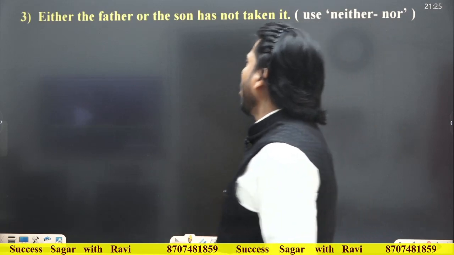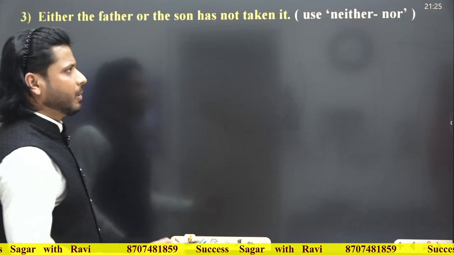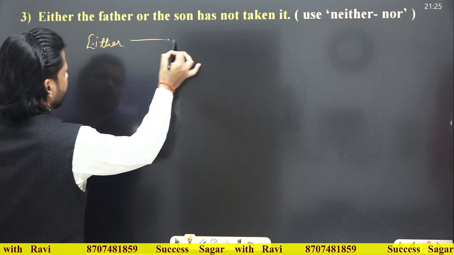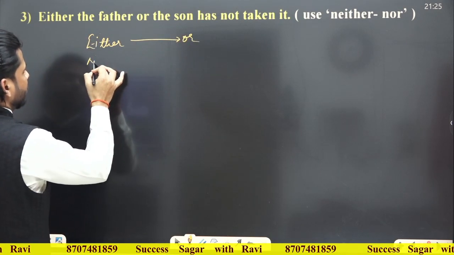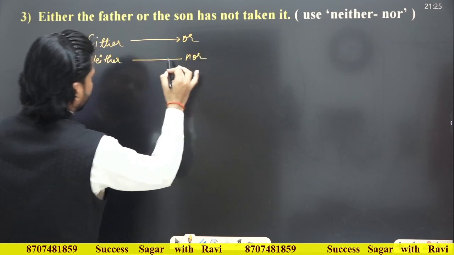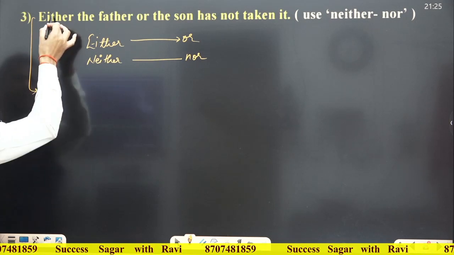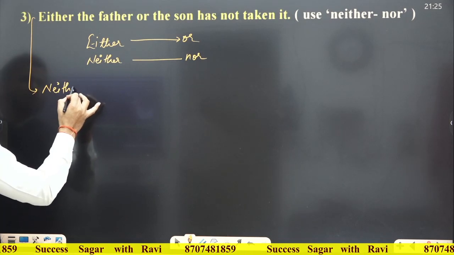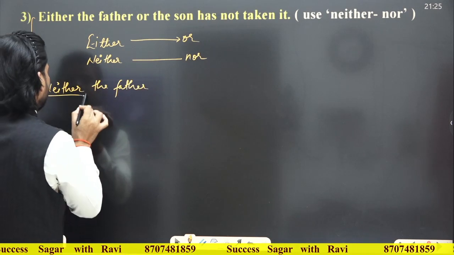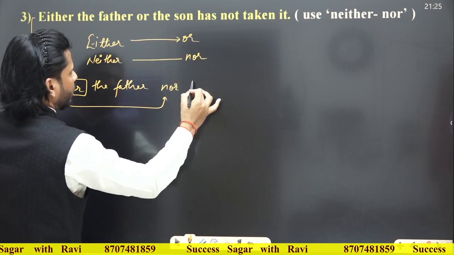Either the father or the son has not taken it. That's very simple. What is the direction? Neither nor. You must be aware of this concept. Very easy concept. Either is followed by or. Neither is followed by nor. So we have to use neither nor structure to write it. So the correct expression is, in place of either, use neither. Neither the father, okay, it is neither, so it will take nor, not or, nor the son